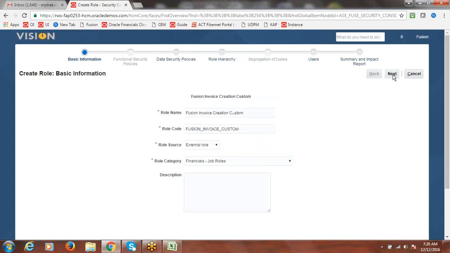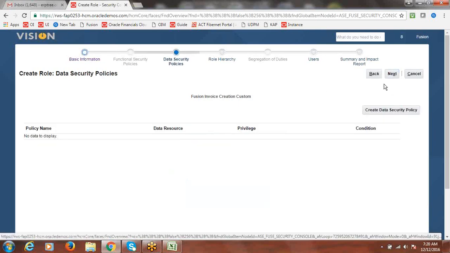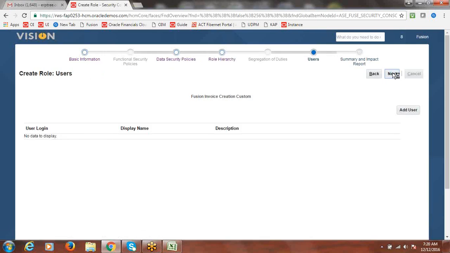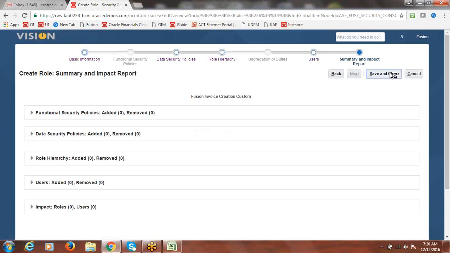Now click on next. We know very well that when we created this custom job role in IDM in the last session, we didn't select any privileges into that. We just gave the name and saved. We discussed we can maintain the hierarchy, but it's not required. If you want to, you can do it, but not required. Just proceed with that. Data security policies, we are not setting anything. Just go next, next, next, and complete. Say save and close.